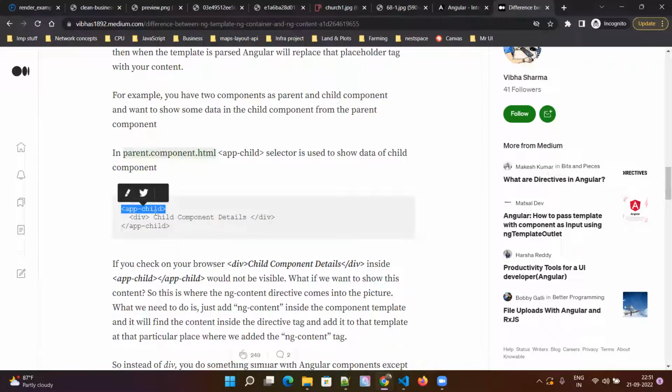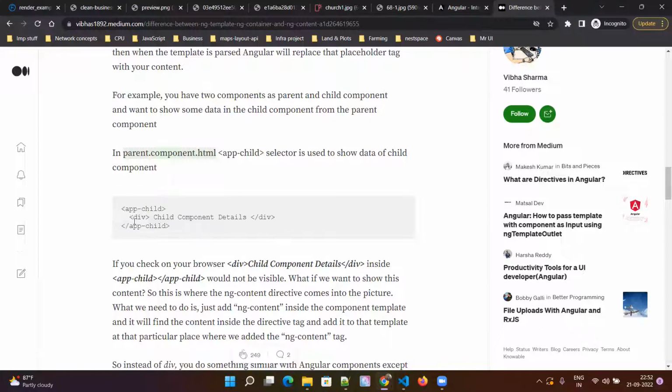The component selector is app-child, and then immediately you close that app child there. Okay, you don't have this kind of HTML inside any of your component HTML like in the examples we saw so far, right? We saw many examples of how to use a component, but we did not use